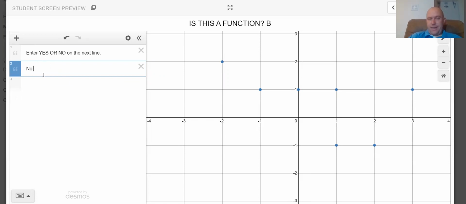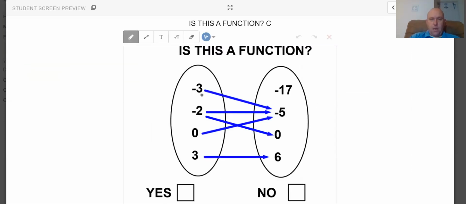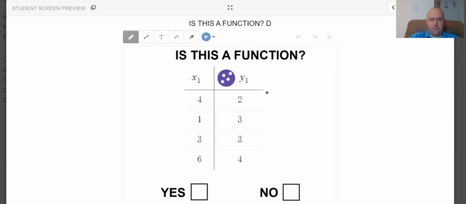So that's a good way of being able to enter things in Desmos and the calculator realize, hey, this is not an equation. This is just something I want to write down. As I look at the picture here, I can see 2 arrows straight away here from the -2. So that one will be a no. And for the last one, part D here, 4, 1, 3, 6, they're all different. So this is yes. Don't get sidetracked by looking at the y values, otherwise you could easily pick the wrong